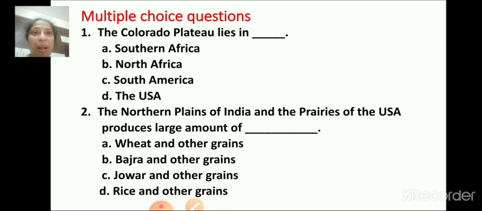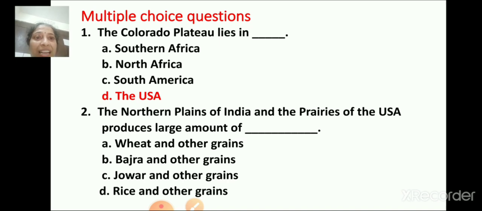Next question, multiple choice questions. The Colorado Plateau lies in dash. The options are Southern Africa, North Africa, South America, the USA. Yes, you know the USA, correct. Colorado Plateau lies in the USA.